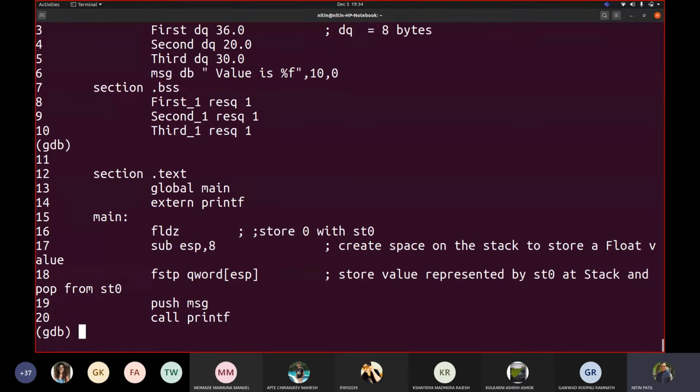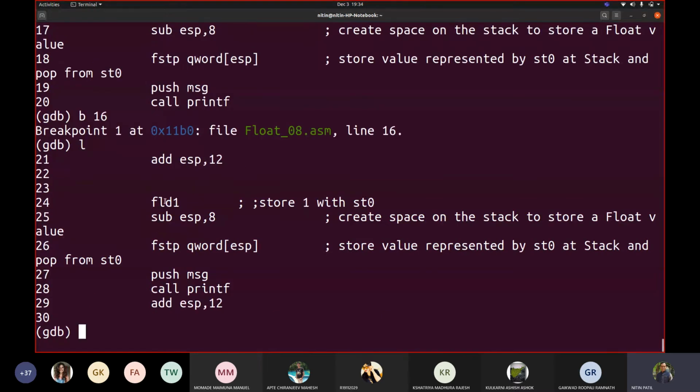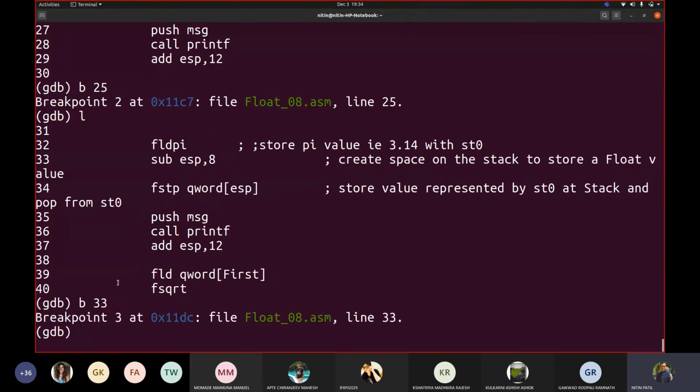We'll put a breakpoint at line number 16, then the next at line number 25. We put breakpoints because it will waste our time seeing the values there, that's why I'm directly putting them. Breakpoint at 33 and next at 40. So B 40.